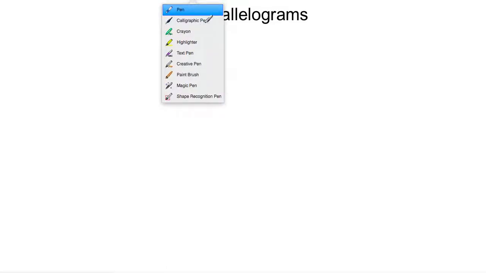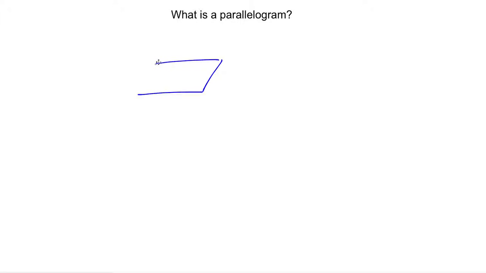Okay, so we're going to start looking at parallelograms as part of our unit on quadrilaterals. And so let's first establish what is a parallelogram. Well, a parallelogram, I'm going to crudely draw here, just some of you may know, looks like this. So it has four sides, so a quadrilateral, and it has two